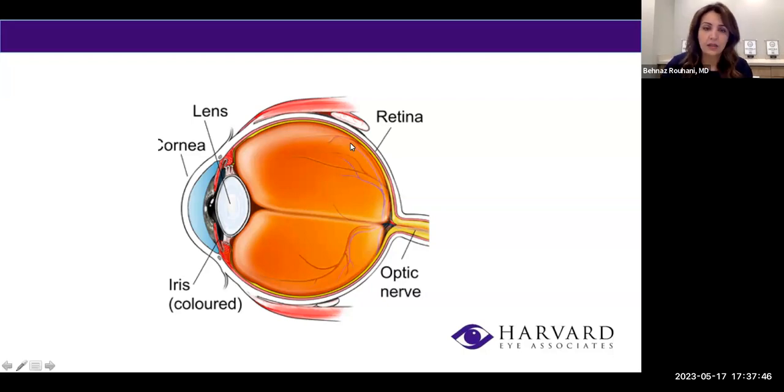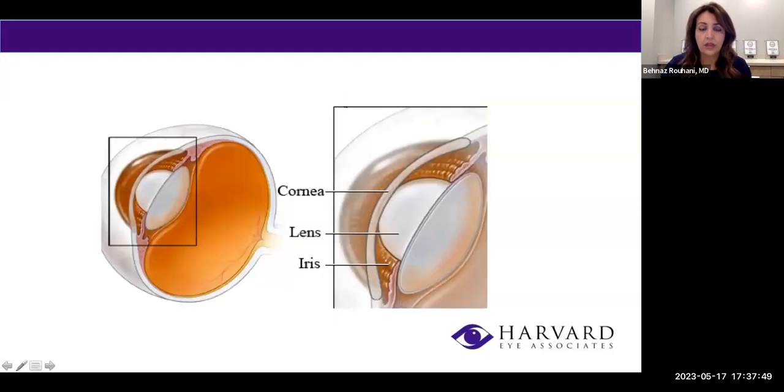And then the retina and the optic nerve. Each part of the eye is very important in terms of how we see. So part of the cataract evaluation is to ensure that every part that I showed you is functioning well, apart from the cataract. Meaning, if changes in the vision are not secondary to other parts of the eye but just the cataract, then we'll proceed. Or if we find out that there are other existing conditions going on, we address those before proceeding with cataract surgery.